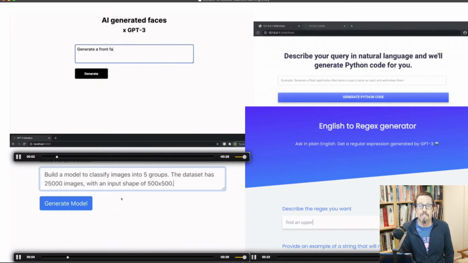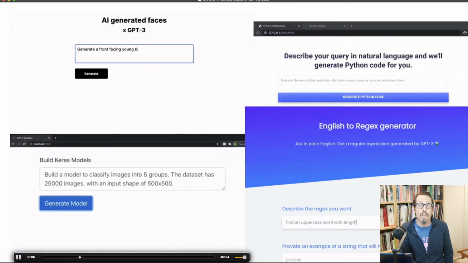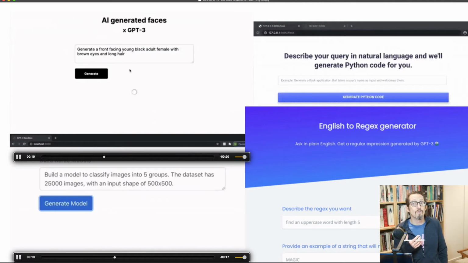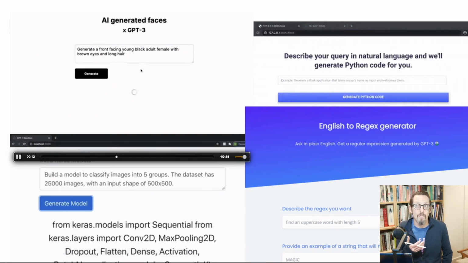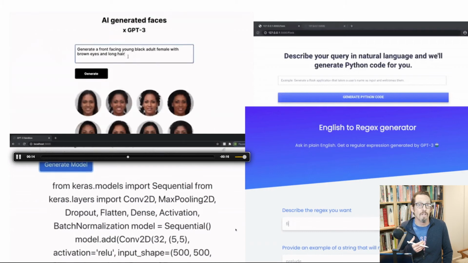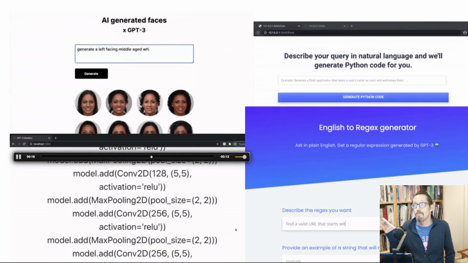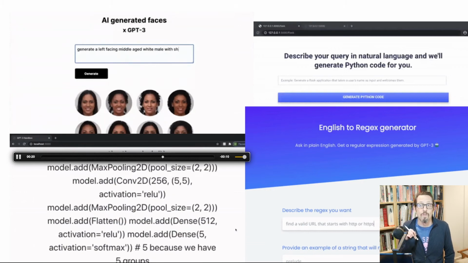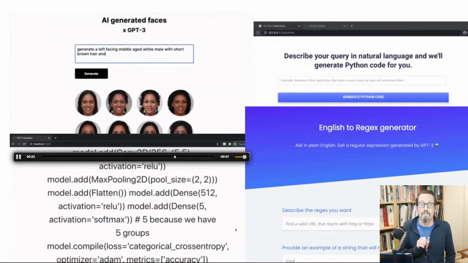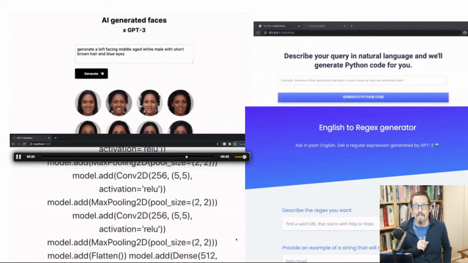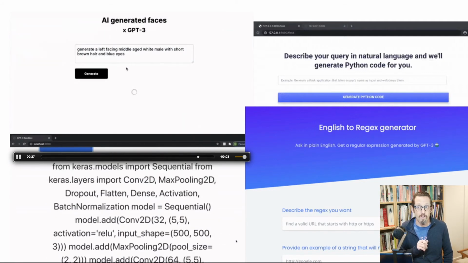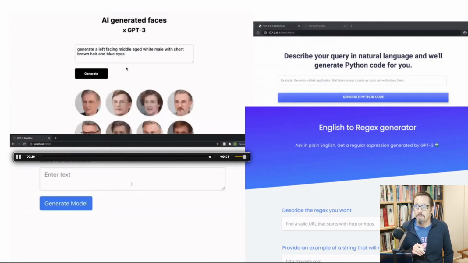You can train it to create neural networks, right? It's a neural network. You can train it to create neural networks. You can train it to give a text description of a desired face, and it will automatically generate a face. Not find a face on the internet. It will create a face from trained data. So these are not people, these are made up images.